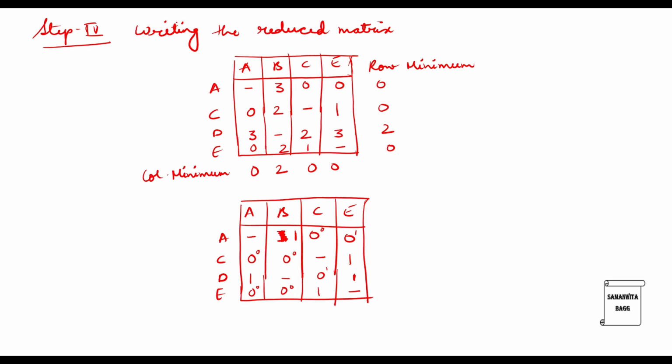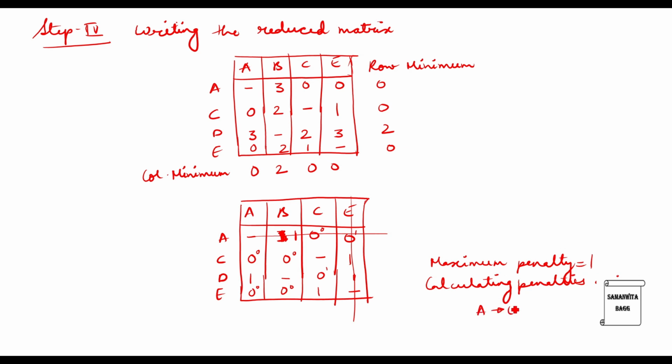So if you check now, these two have penalty 1. So I can write over here maximum penalty is 1. Now what I can do is I can allocate one city over here randomly. So let me allocate A to E. So I will cancel out this column and this row. So what I am doing is I will write over here calculating penalties again.